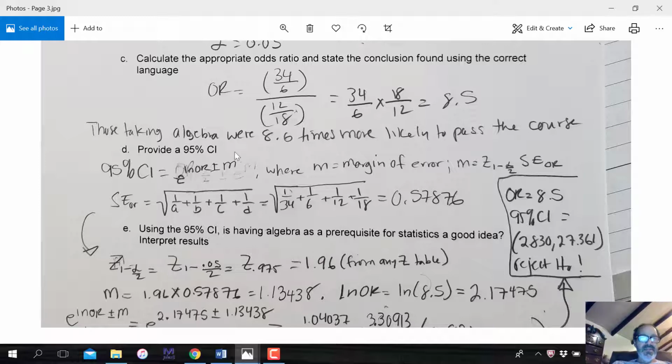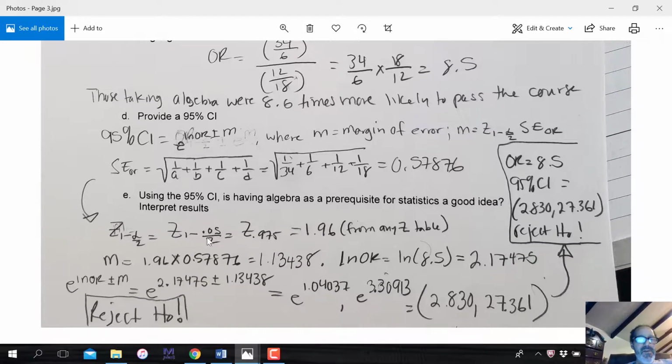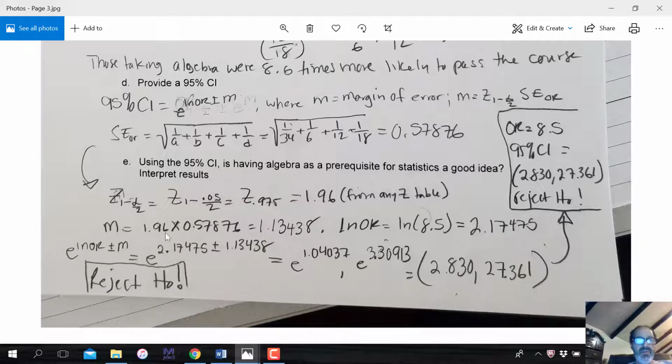I'm not going to even talk about what that is right now, because you should know that from our courses. And we raise this because we have to deal with the fact that we're taking a natural log of this value, because the odds ratio itself is not normally distributed. So we're taking a natural log of that value. Sad, it's not normal, huh? So it's abnormal. So our z value for alpha of 0.05 divided by 2 is the standard 1.96. So margin of error is 1.96 times that standard error right here, and we get